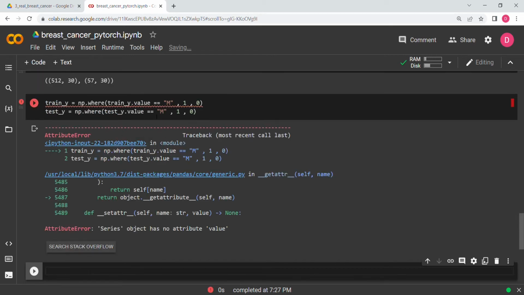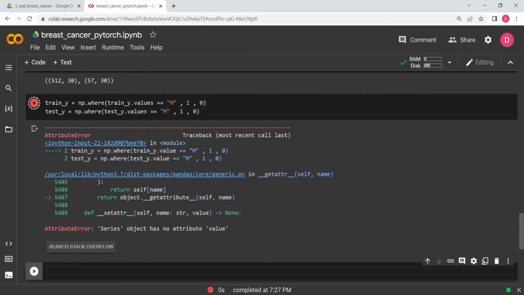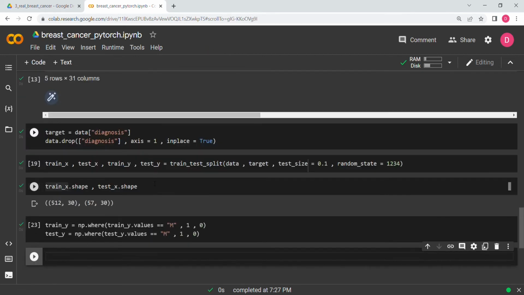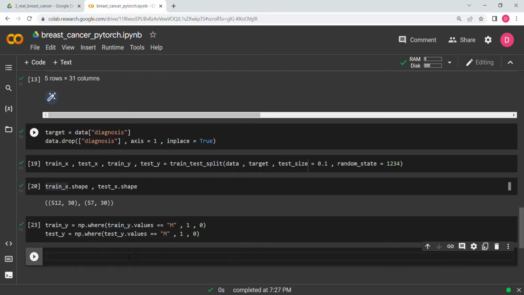Okay, so we will say values and not value. So I think it should run, yes. Keep in mind this is values and not value. It happens. So once we are done with this, now what we are going to do is, if you remember,